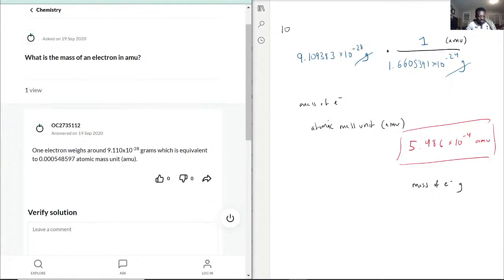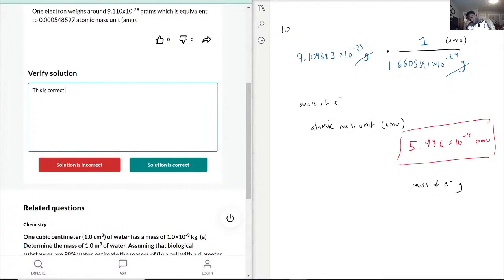How they solve it? Yep, 5.486 rounded to the 4th decimal place, over 10 to the negative 4. This is correct. Now, before I submit this question, I do want to go back because a lot of these